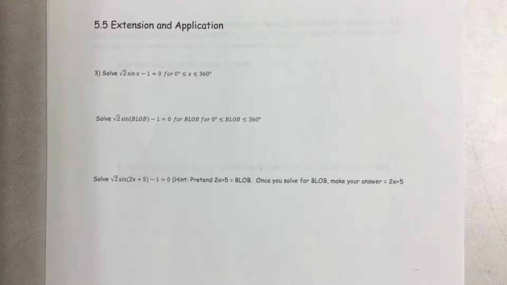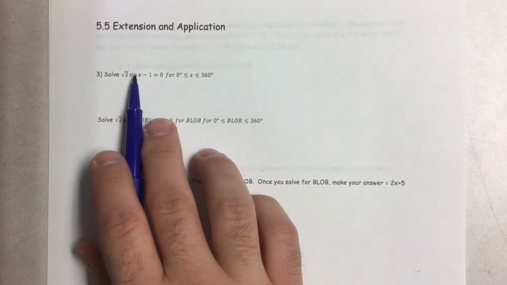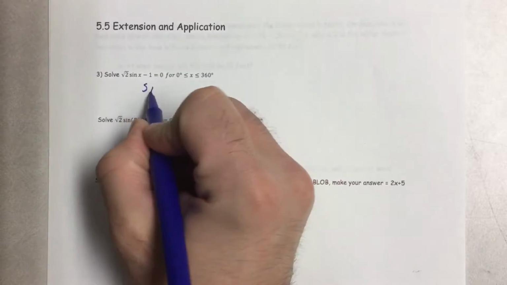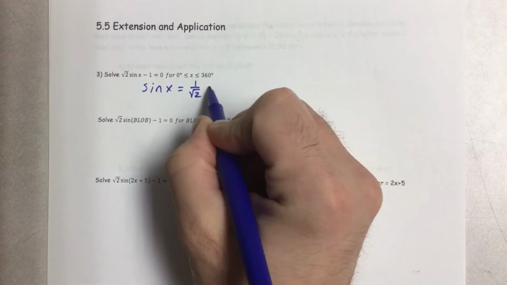Welcome back. So you just went through the practice for solving trig equations, and here we are extending that and looking at some application problems. So solve square root of 2 times sine of x minus 1 equals 0. So we know we want to isolate the sine of x. So in doing so, we get sine of x equaling 1 over root 2, which is the same as saying